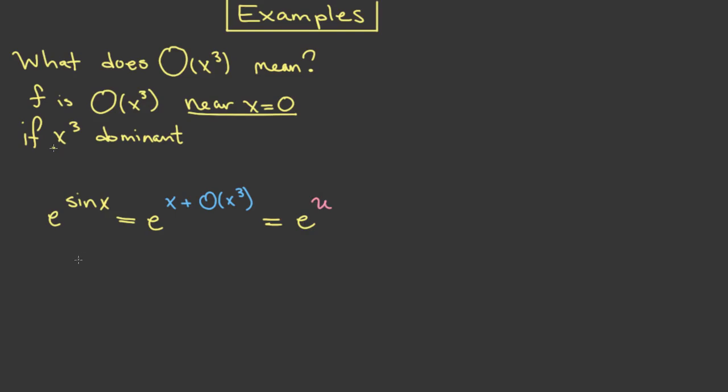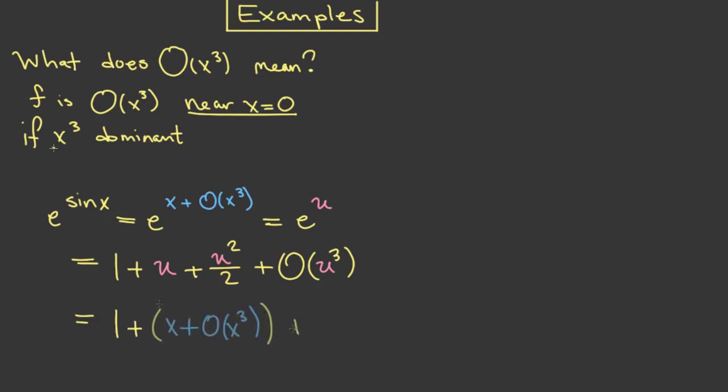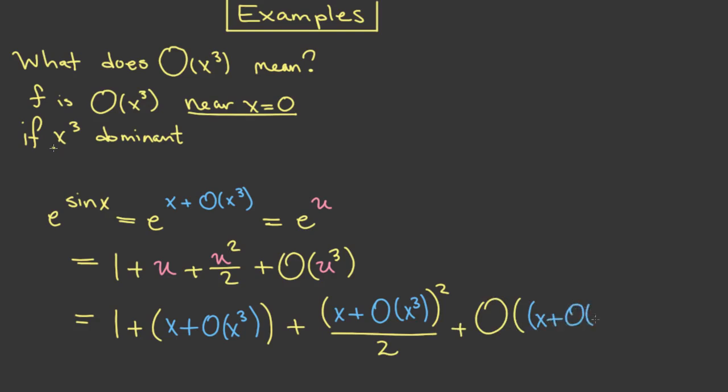So then this is e to the u, and I can find the quadratic approximation of this function. This is 1 plus u plus u squared over 2 plus big O of u cubed. And then I can just go ahead and plug in x plus big O of x cubed in for u. That gives me 1 plus x plus big O of x cubed plus the quantity x plus big O of x cubed squared all over 2 plus big O of the quantity x plus big O of x cubed,